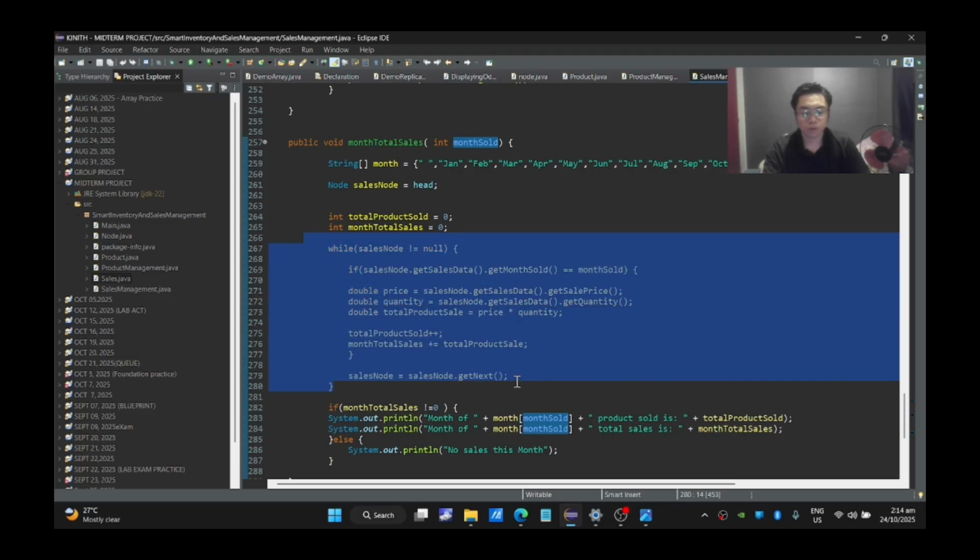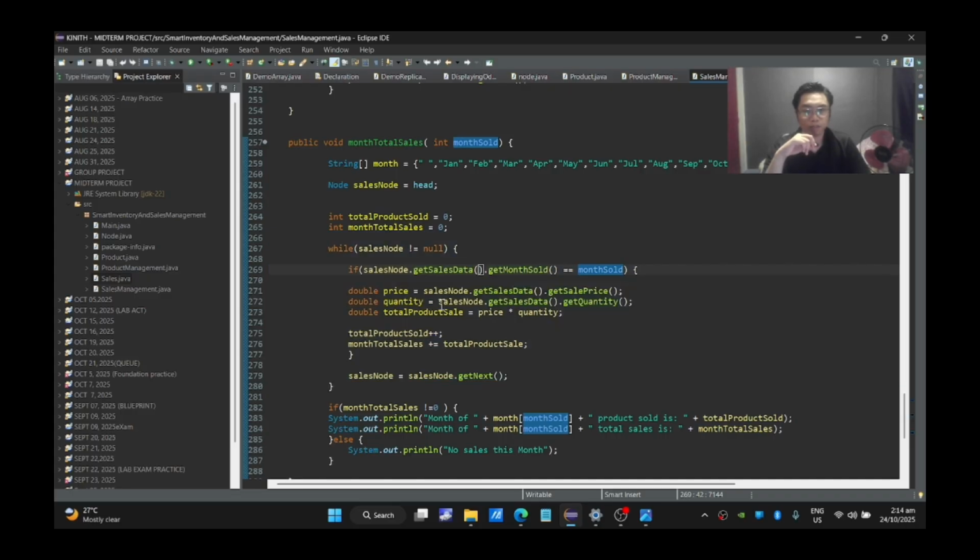So this loop goes through each sales record. It checks if the sales month sold matches the month number that the user passed in the parameter.